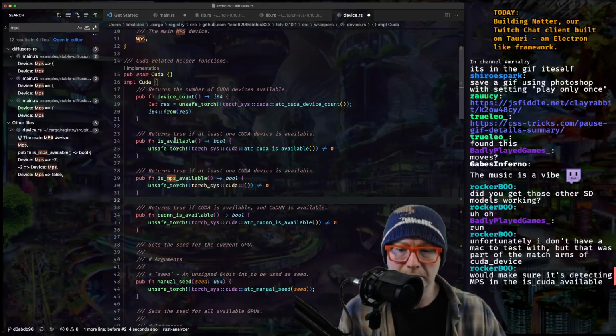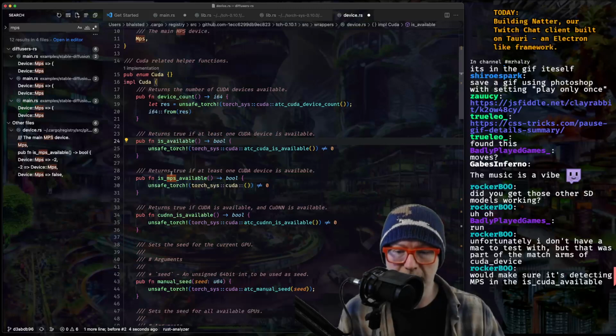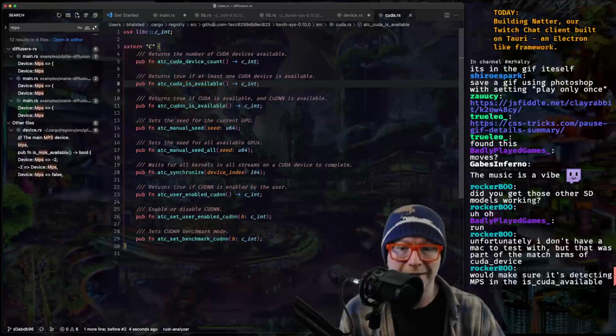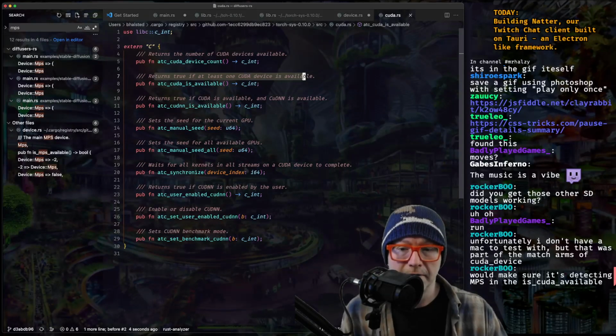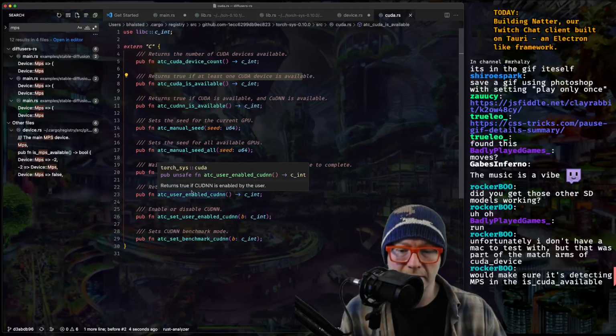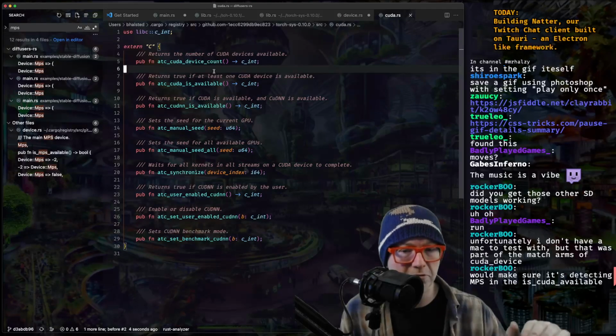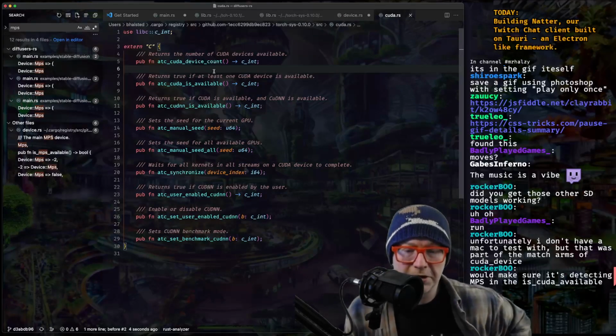So if we look at CUDA is available, it goes into this ATC CUDA is available, and I have no idea what this actually does. I'm not seeing whether or not CUDA has detected it. But when I run it, it's just not GPU at all. It just takes forever to generate an image.